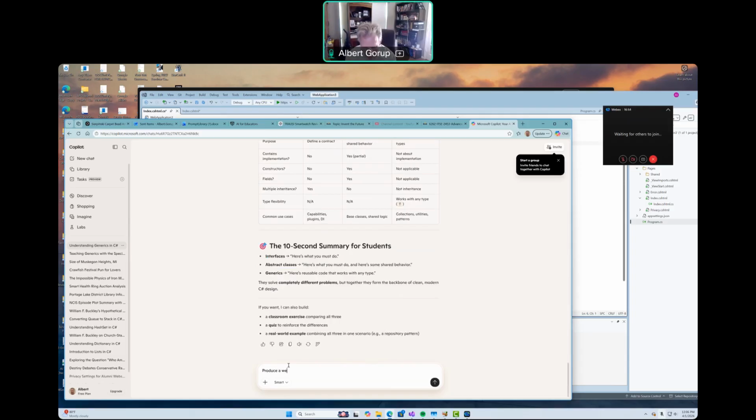Produce a web page that demonstrates how generics work. Use repository as an example. We're building the same thing again that we've already built. We're just kind of exploring it in a different direction.